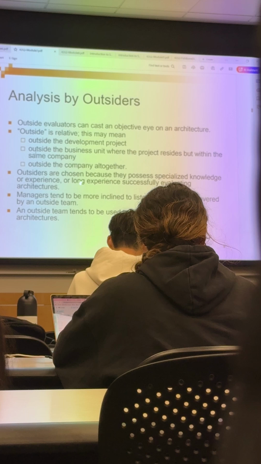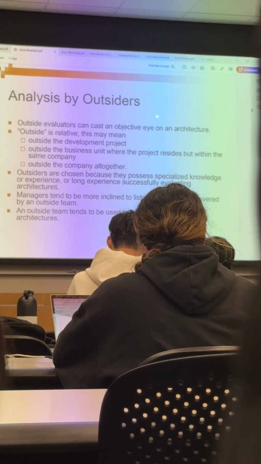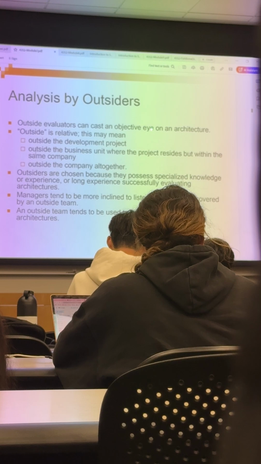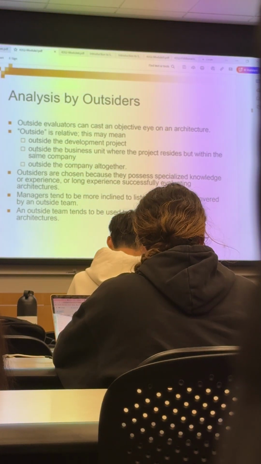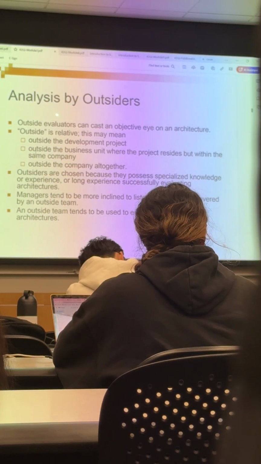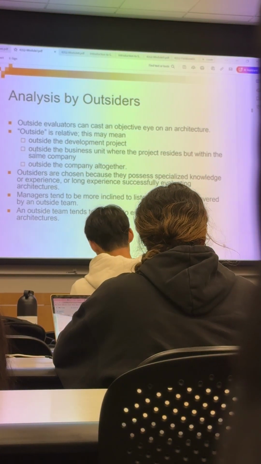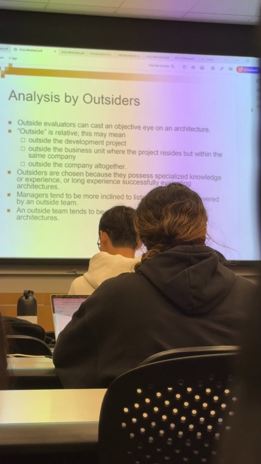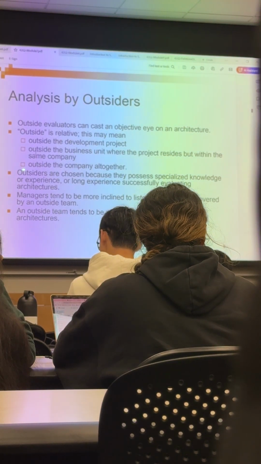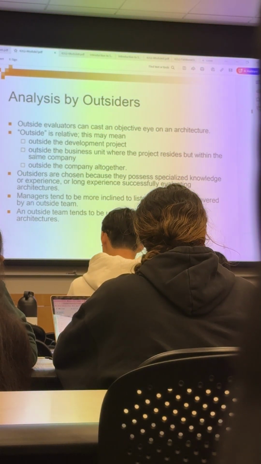Analysis by outsiders is the most effective, because outsiders, typically from third-party contractors, are the experts, domain specialists. They have seen architectures before, so you run your architecture decisions through these outsiders, and these people typically tend to be unbiased, and